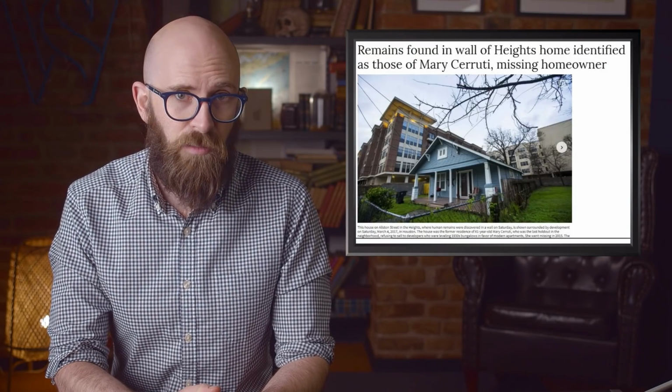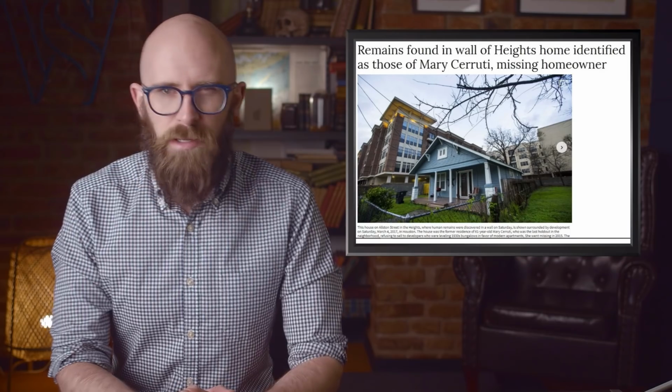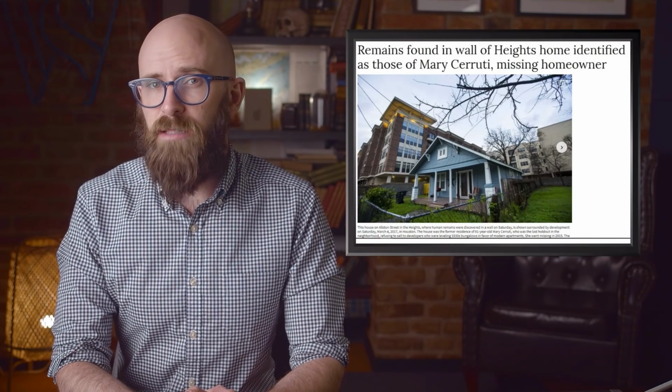Bones had been stashed in the wall along with a pair of glasses that resemble the ones worn by the home's previous owner. The same owner who had been missing for 2 years. She had been a quiet, pleasant woman as far as the neighbors knew, but one day she vanished and her mail began to pile up. A missing persons report was filed and eventually